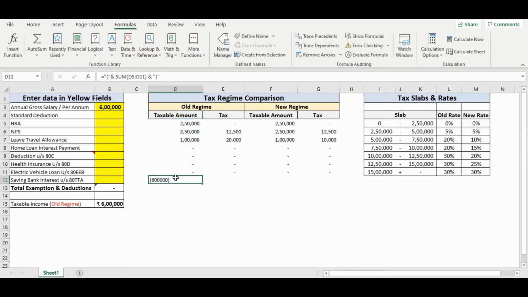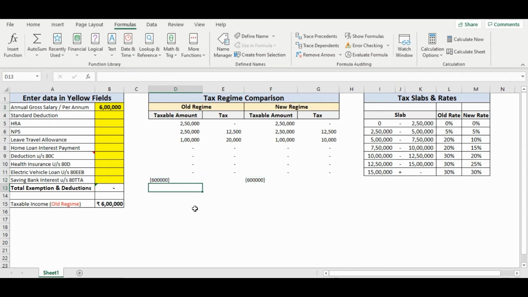As we can see, both the numbers match. We can confirm the correctness of our computation. Let's do the same thing for our new regime. So we'll just simply copy it and paste it here. In this case, we just need to make sure that our gross salary matches with our calculated taxable amount.